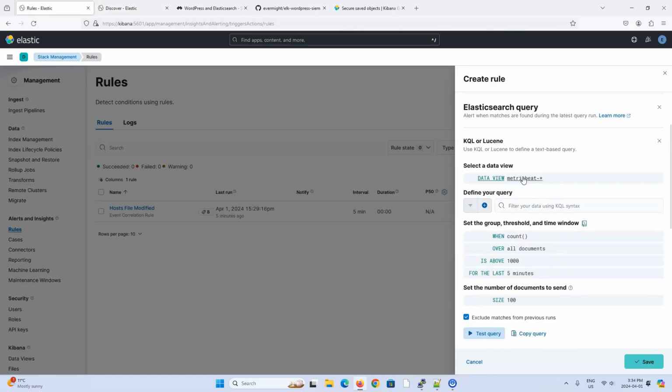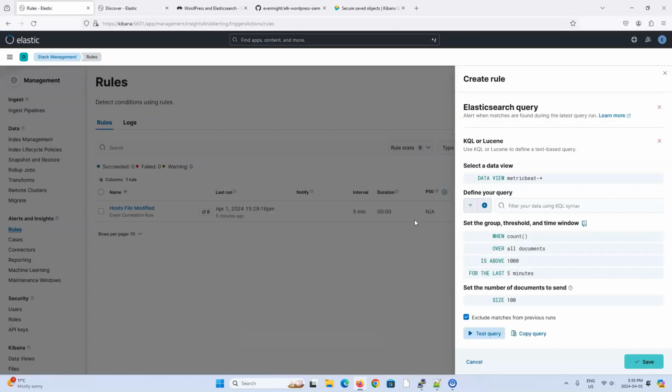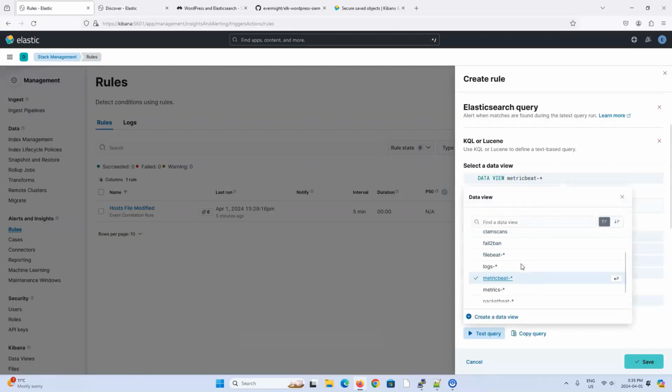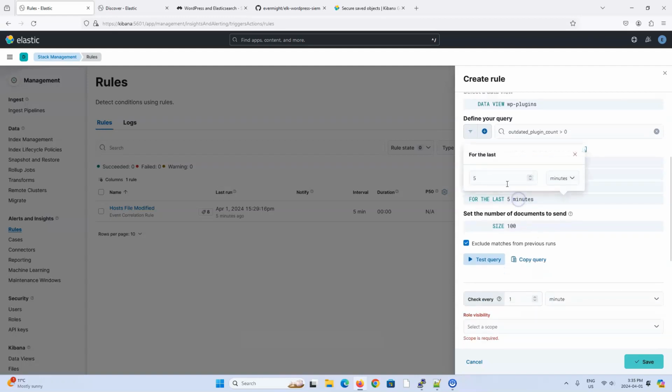And what I want to do is, just like this tab here, we're looking through the WP plugins data view. I will also choose the WP plugins data view over here. This is the query that we want. And if we get more than, let's say, 0 records, so 1 or more, within the last 15 minutes,